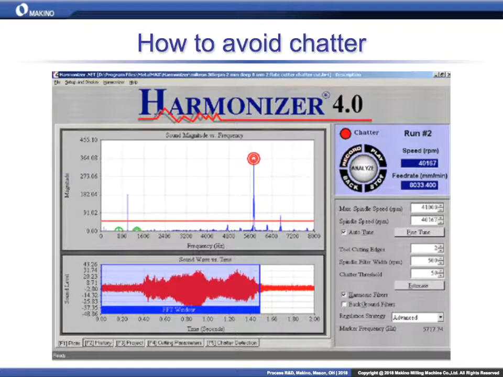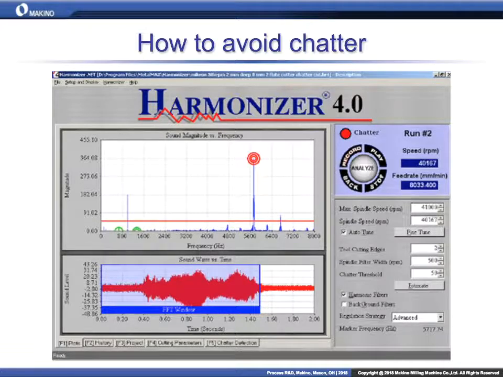And you can see the screenshot here. It's got these different frequencies it's picking up on, and it's trying to match those. So you're going to tell it some of the information about your process, and it's going to spit out after listening to the process. You have to actually run the process in the chatter condition. Correct. And record it, and it'll tell you what frequencies are available, and it'll suggest an RPM to match those things up for you. Yes, it does all the analysis for you, because I'm not able to do that kind of math in my head, but the computer can. So the computer does the math